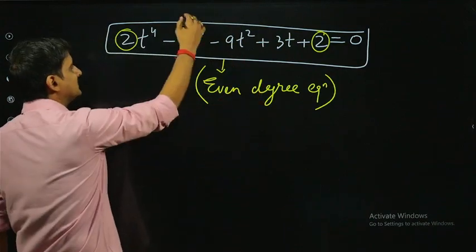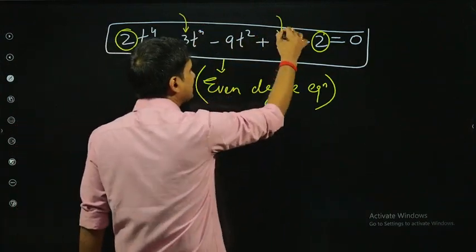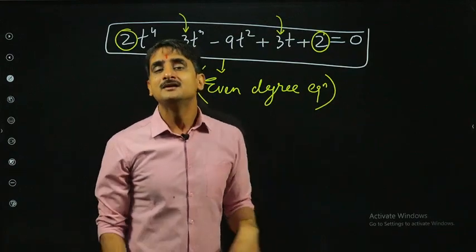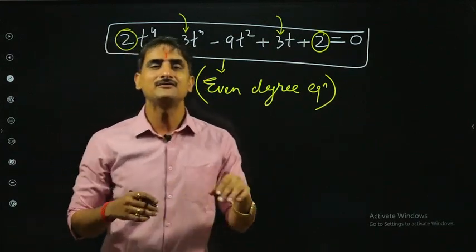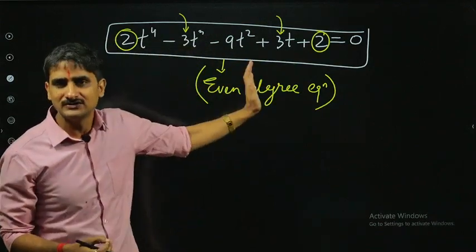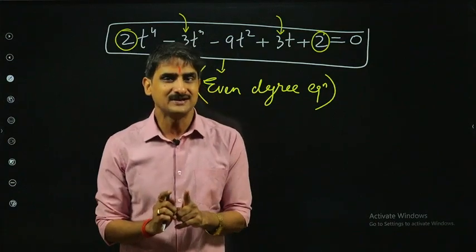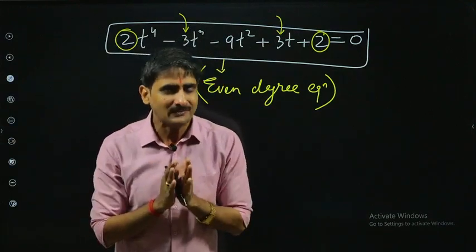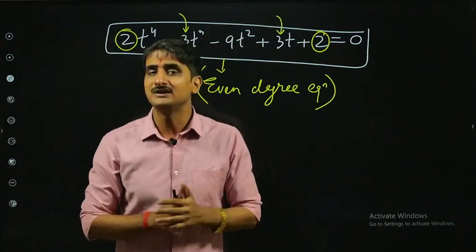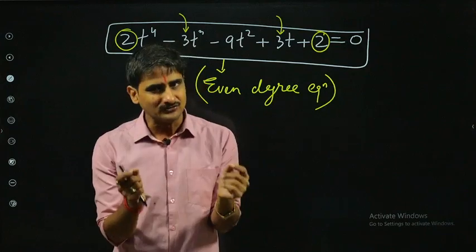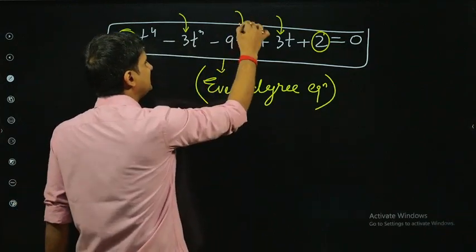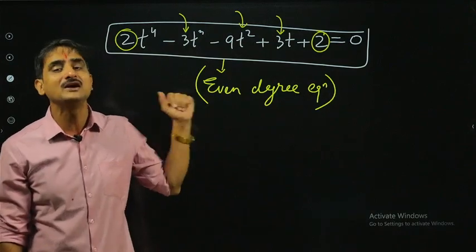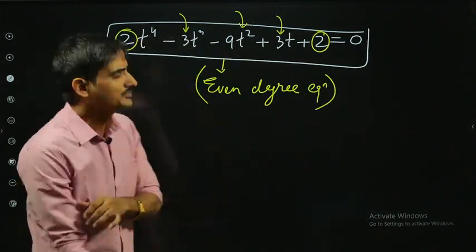And the coefficient of the second highest degree term and the linear term, the second least degree term, they are the same magnitude wise. They may have different signs, like in this case they are of different sign, but they are the same magnitude wise. Similarly, the third largest degree term and the quadratic term have the same magnitude, same coefficient, they may differ in sign, and of course you are left with a middle term here. So if it's a perfect, with all possible terms, even degree polynomial equation, you will always have a middle term. Then the approach is to divide